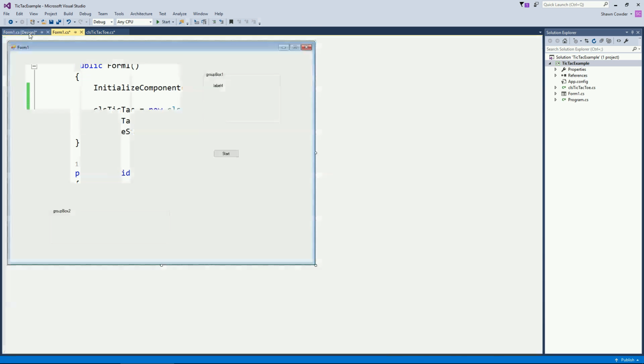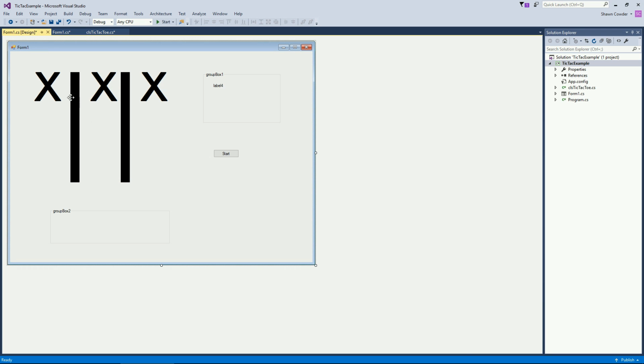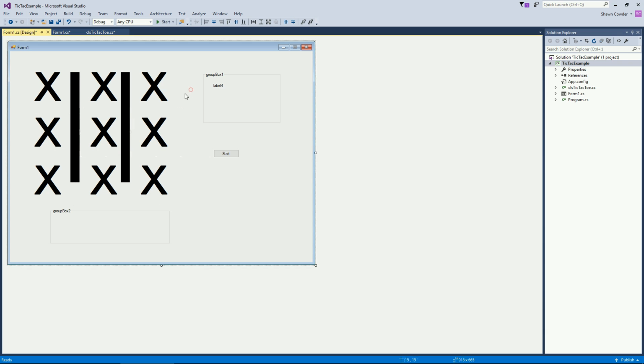So there's really only one other thing in our game that can be done, and that's basically they've clicked on a label. Now, when you're thinking about this, what you don't want to have is 9 different label clicks, right? Since we have all of these, and I'm holding down the control key and just moving this down. What you don't want to have happen is have 9 individual button clicks, because you're always doing the exact same thing. What you want to do is to have one label click for all of your